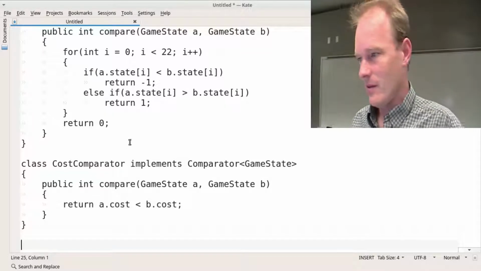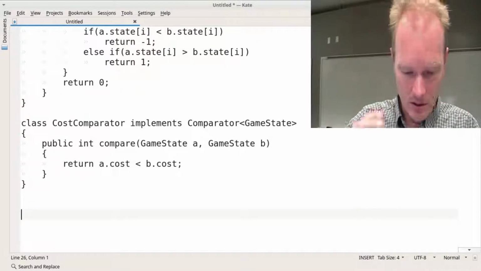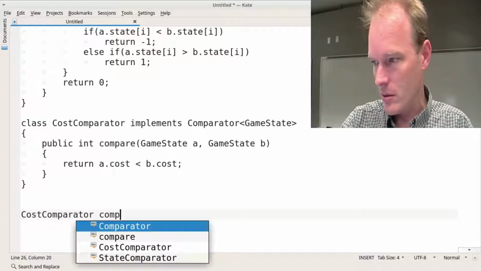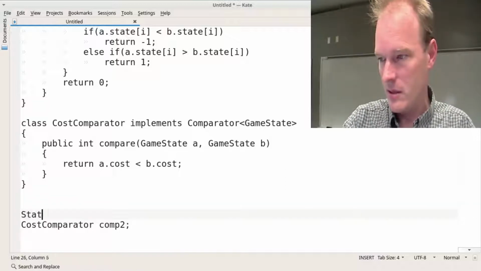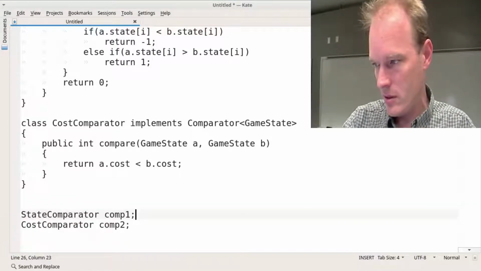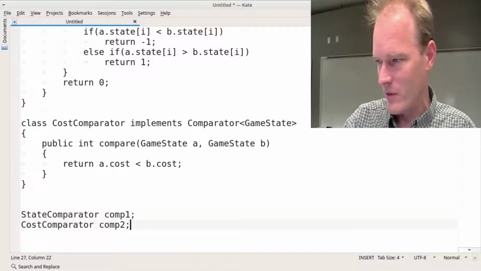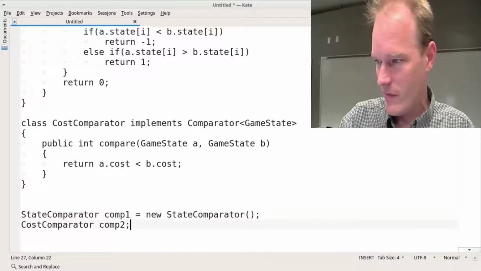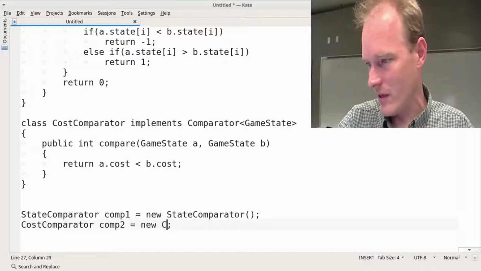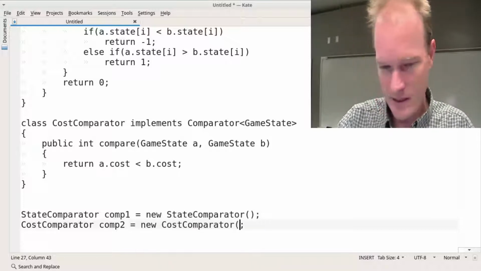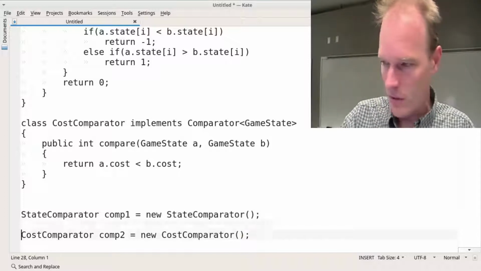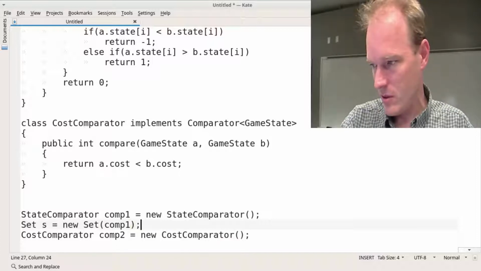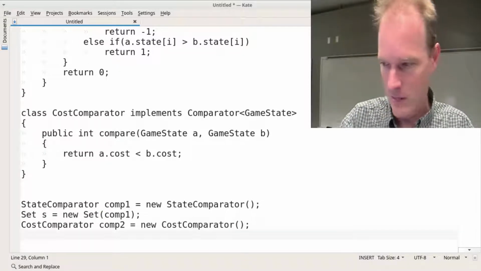And that way, you've got two comparators. So when you're implementing your data structures, you'll say cost comparator comp2 and state comparator comp1. I'm sort of switching to C++ mode now. Let me do Java equals new state comparator. And don't forget the generics arguments, which I'm forgetting right now. Oops, I forgot. And then you'll implement your set, new set comp1 to use that comparator, and you'll implement your